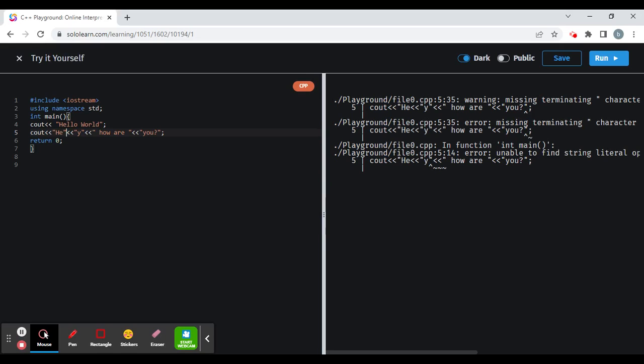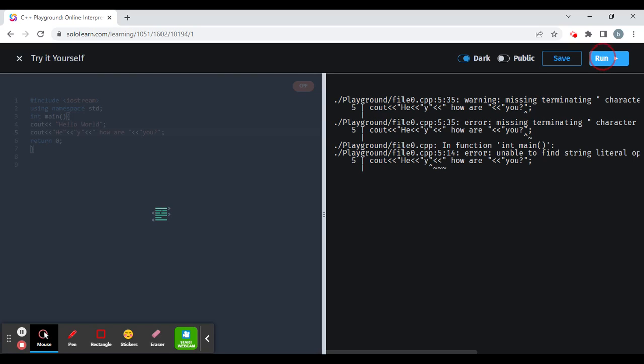Notice how the letters are changed. Now C++ recognizes this as a string, and not an operation command. Insertion operators are very different from a string of text. So it wasn't recognizing the "he" as a string of text because I didn't close the quotation there. Now running it, it should be fine.